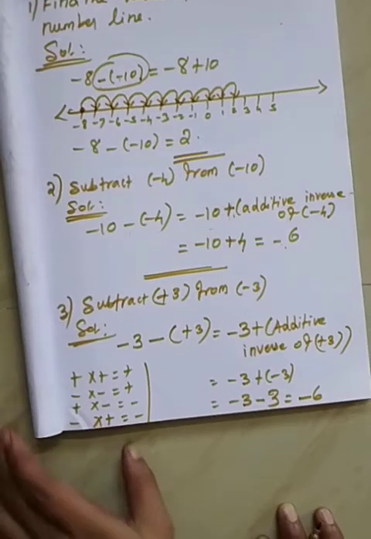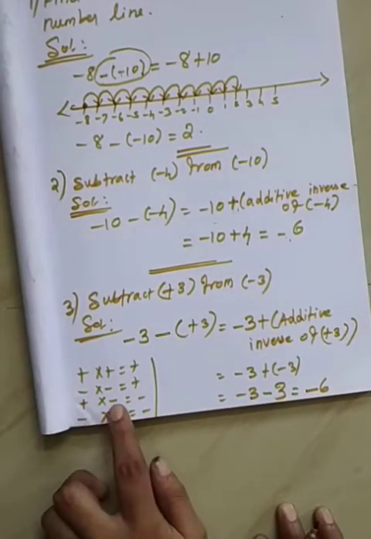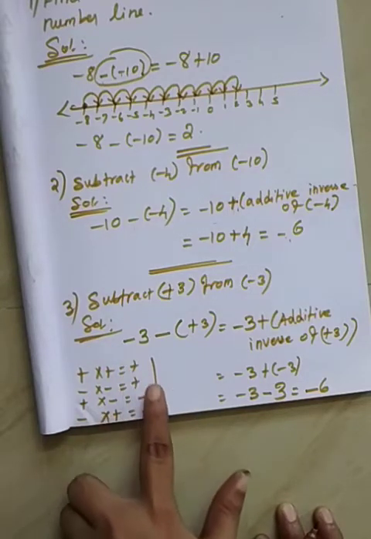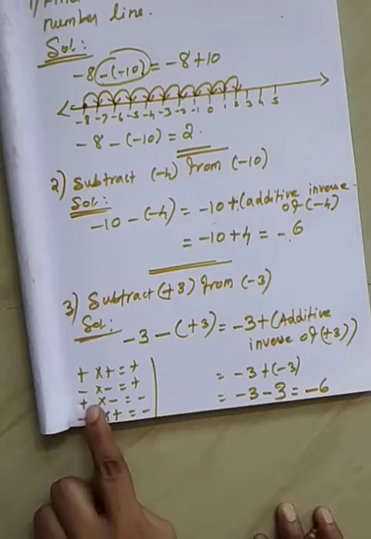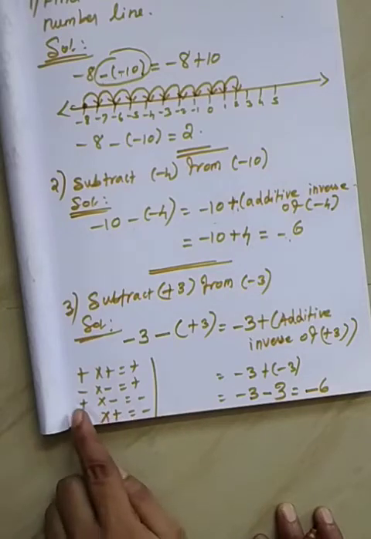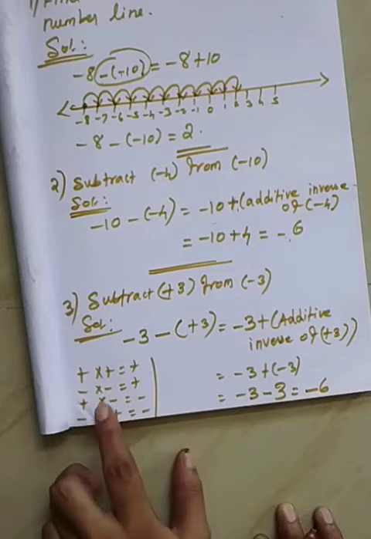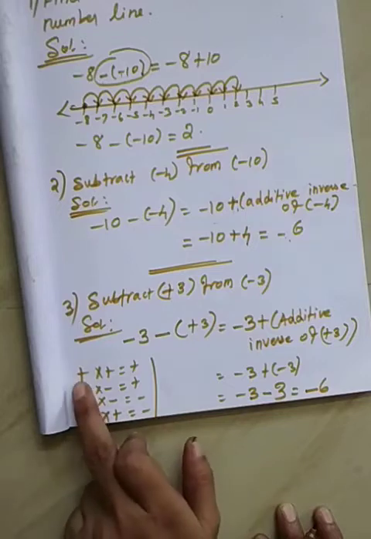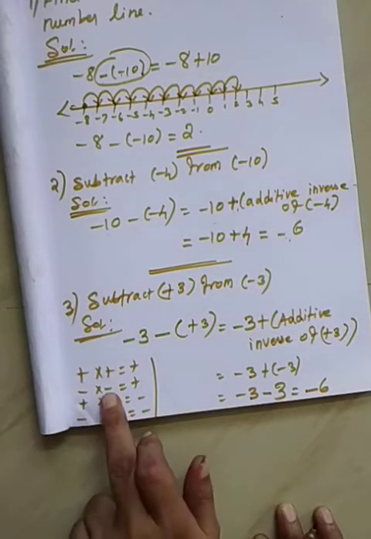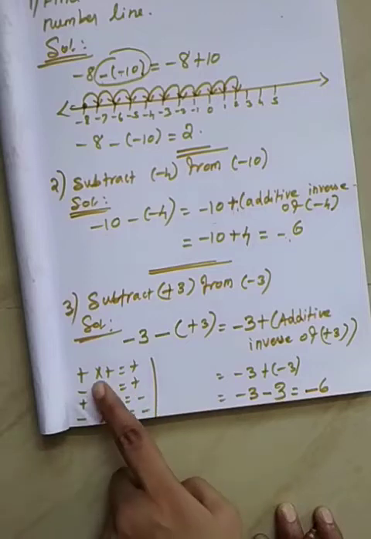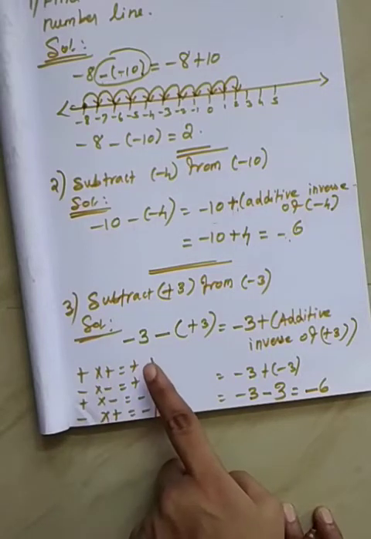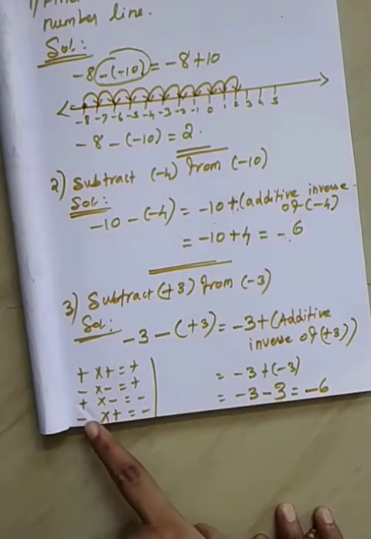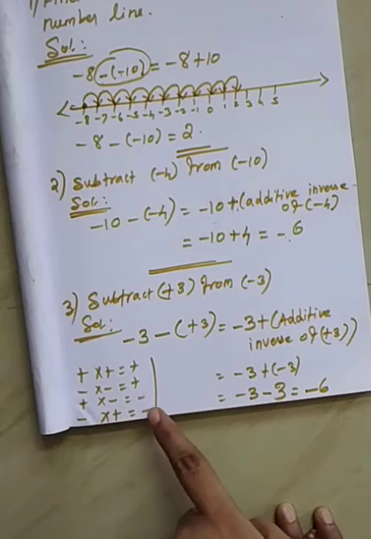Okay. Your signs are different: plus, minus, minus, plus. But these are all the multiplication symbol only. You can apply this answer. See, plus into minus or minus into plus. See here in this last one, that means 3 and 4, you can see your answer is negative. Plus into plus, minus into minus: left hand side, the sign is same means you have to put plus symbol. Plus into minus or otherwise minus into plus means you have to put the negative symbol.